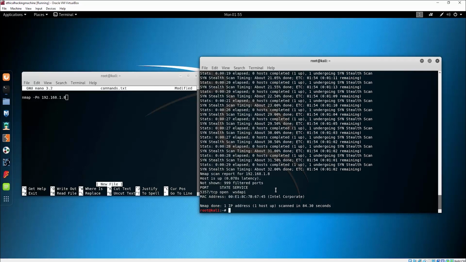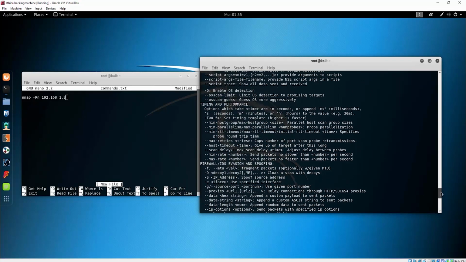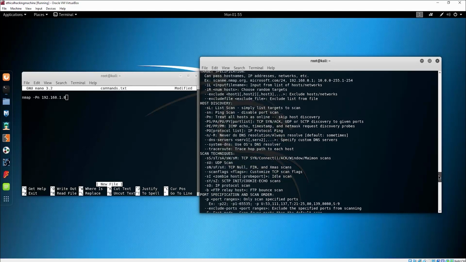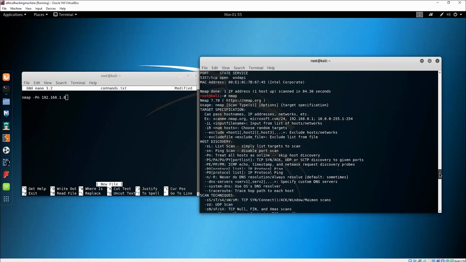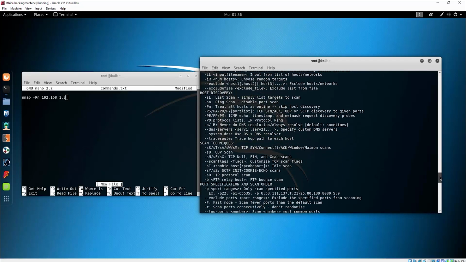Now, the next option I want to show you, which I didn't show you before, if we type here nmap, would be the -sT command. If we go up here and find the -sT, you can see that it is basically a full TCP scan. Let me just find it. Right here we have the sU, sN, sS, here it is. We can see a bunch of these options. We will only cover these three first, but for now let us just cover the sT,